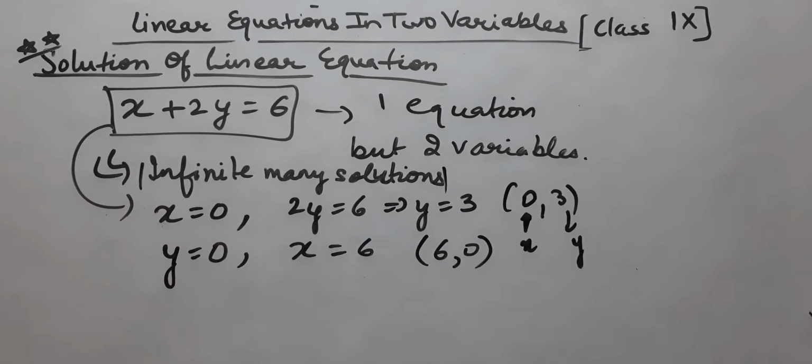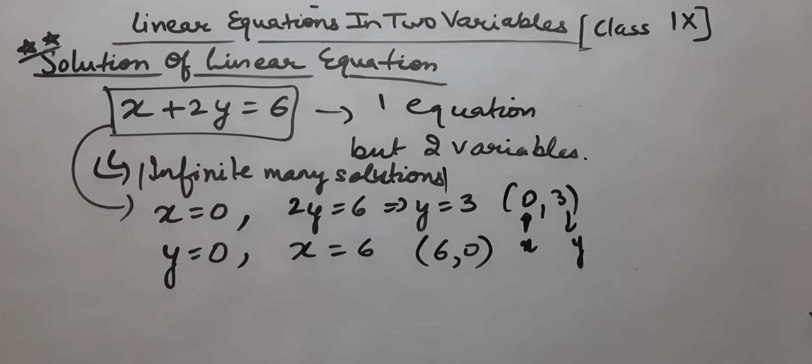Okay, I will see that if I put x, the value of x is 1, will I get the value of y as an integer? No, right? So if I put the value of x is 2 and y also 2, fine. So I will say this equation will be satisfied basically. x equals 2, y equals 2.